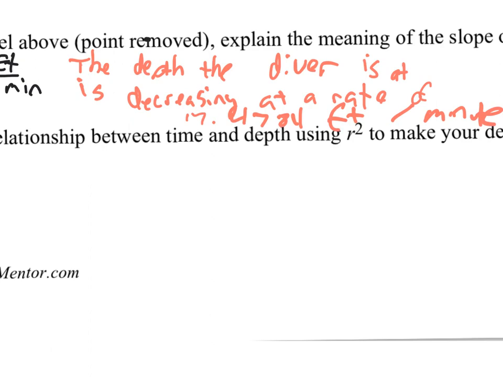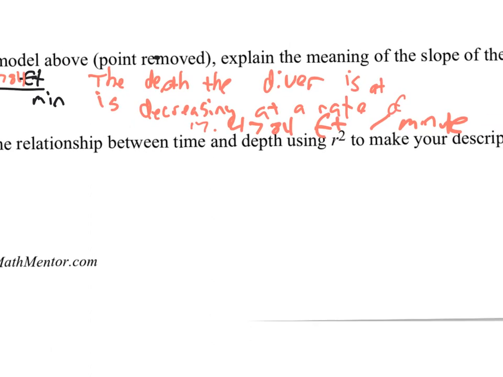Nice. And that gets you a lot of points if you identify your slope. The most important thing about identifying your slope that way is in context of the problem. You mentioned a diver, you mentioned the depth was decreasing and the time was going per minute. Everything is in context, everything that you answer from now on. That's one of the mistakes some of you did on your test. You came up with an answer, but you didn't put it in context of what it meant, or you put it in wrong context. For instance,